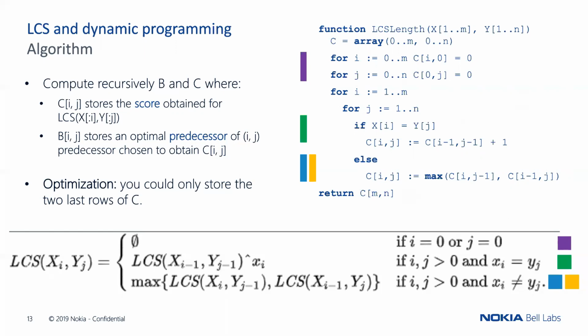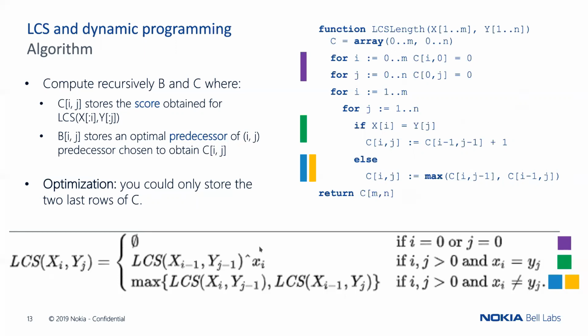And if you read the Cormen, the LCS algorithm is presented with two matrices in tandem. So the C, which keeps track of the best cost at the position ij of the LCS, and the backtracking matrix B, which stores the predecessor used to reach ij. And so here I just returned the cost of the best LCS, but obviously you could return C and B to get the cost of the LCS and the LCS itself.